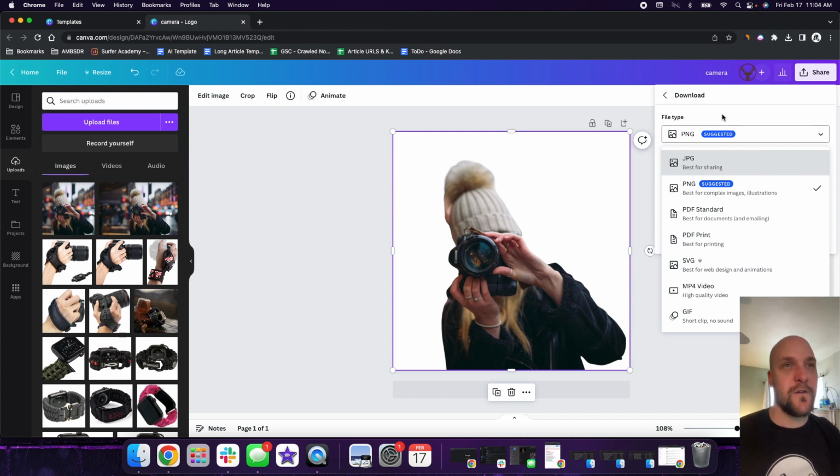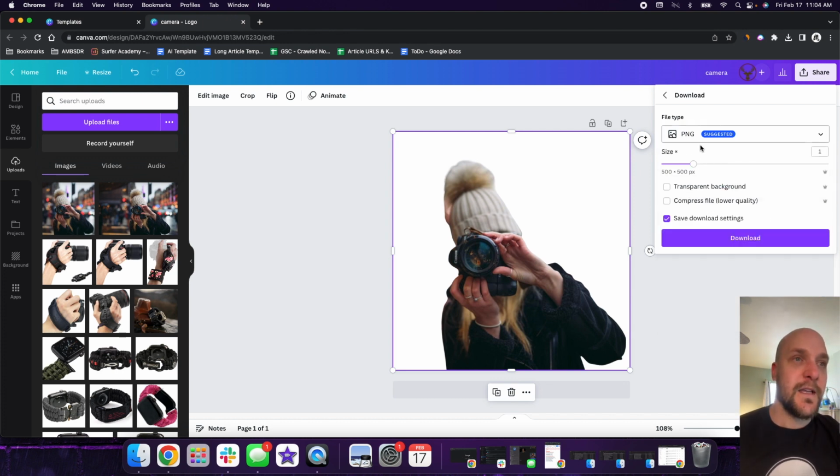JPEG is good for something that doesn't need to be quite the focal point, but still is going to be high quality. So what I do here is we can click on PNG, and it gives you the size right here in pixels. And this is pretty cool because it gives you the option, if you didn't remove the background, to actually make the background transparent. And once again, this is a Canva Pro feature, transparent background, also compressing the file to a